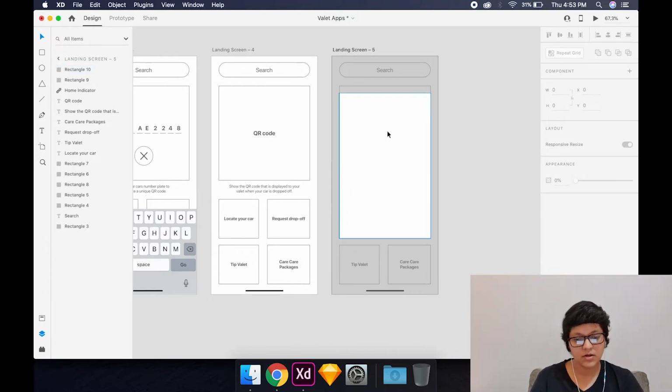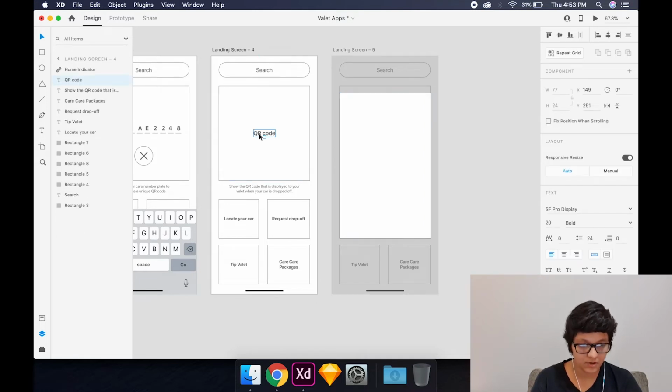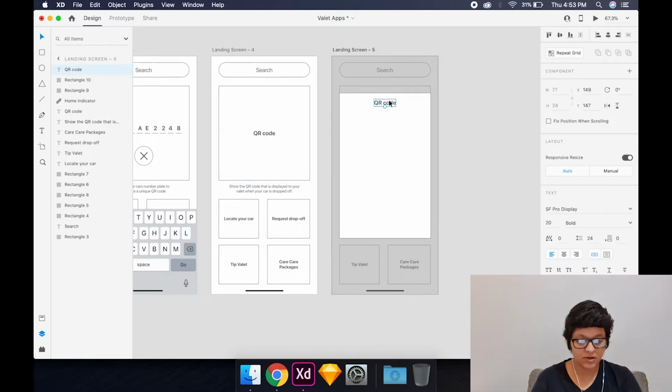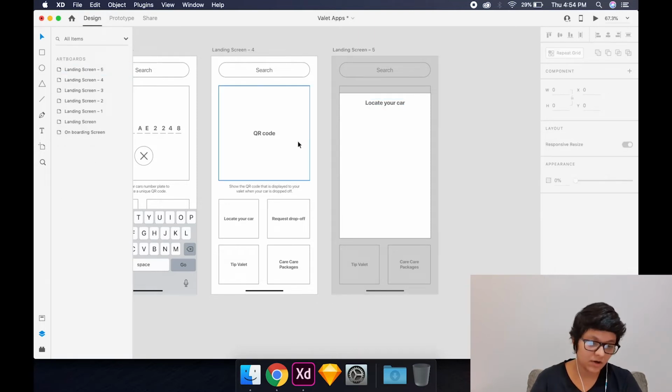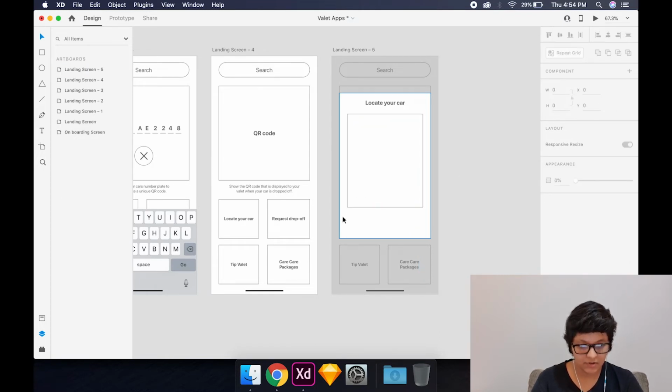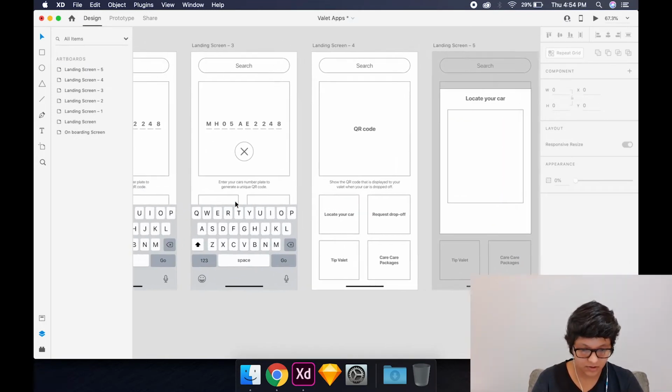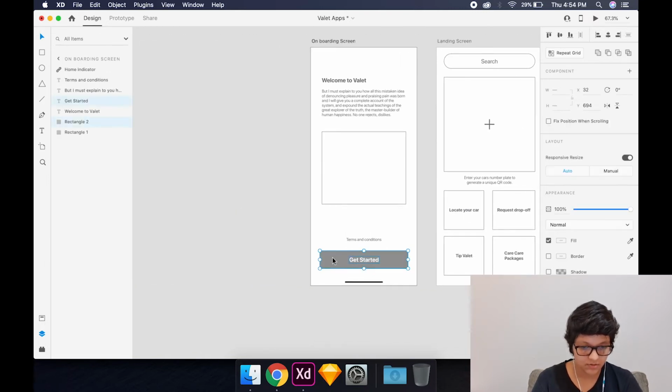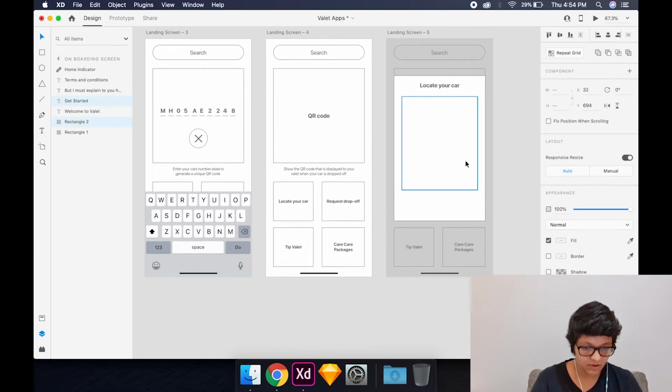What I'm thinking is that this particular dialog box will simply show you a map of where your car is located. So I'll put a heading here saying locate your car, and I can center align it. I also do want to have the map, so I'm just going to demarcate an area of where the map will be displayed, and under that I will have two buttons. Since I already had a button created, I am going to copy that same button and place it right here.